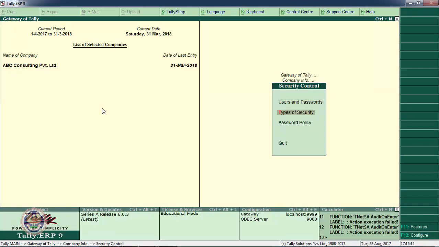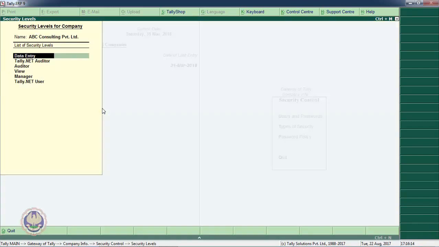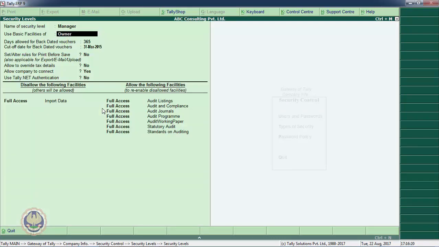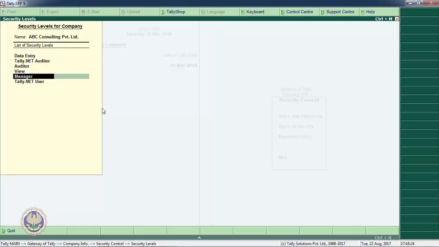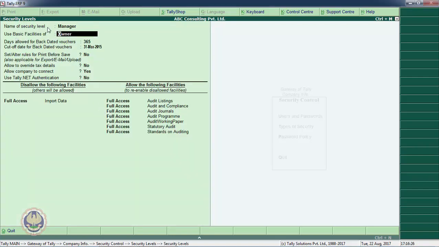How can these levels be defined? Let us go to Types of Security menu. Let us go to manager. What is available for manager and what is not available for manager? I can define the security level here. For example, the name of the security level is manager, use basic facilities of owner, days allowed for backdated vouchers I can specify here, it is 365 days.